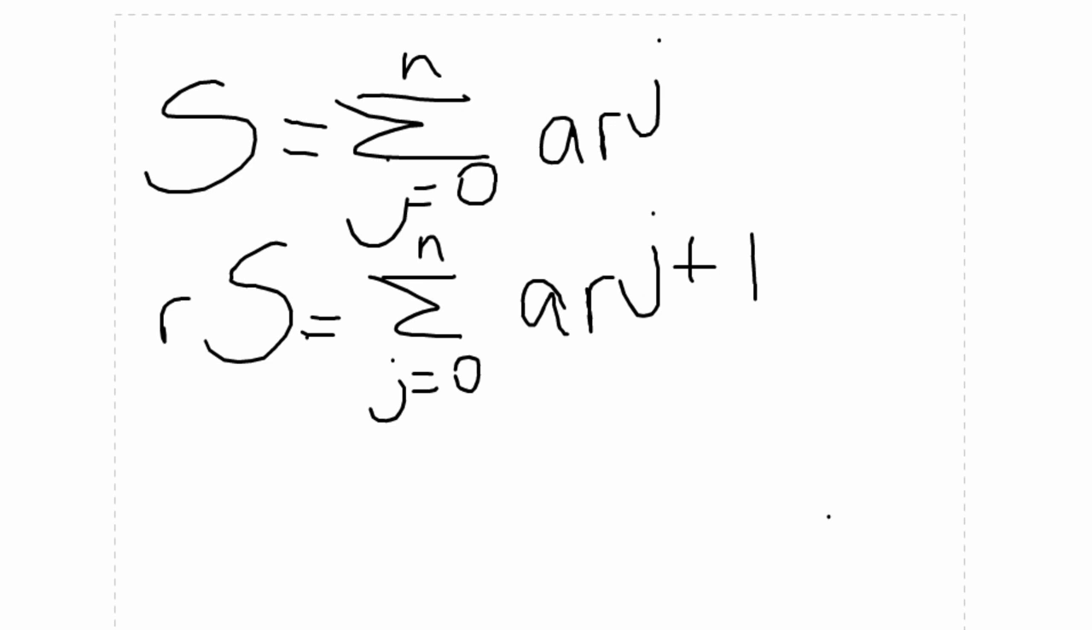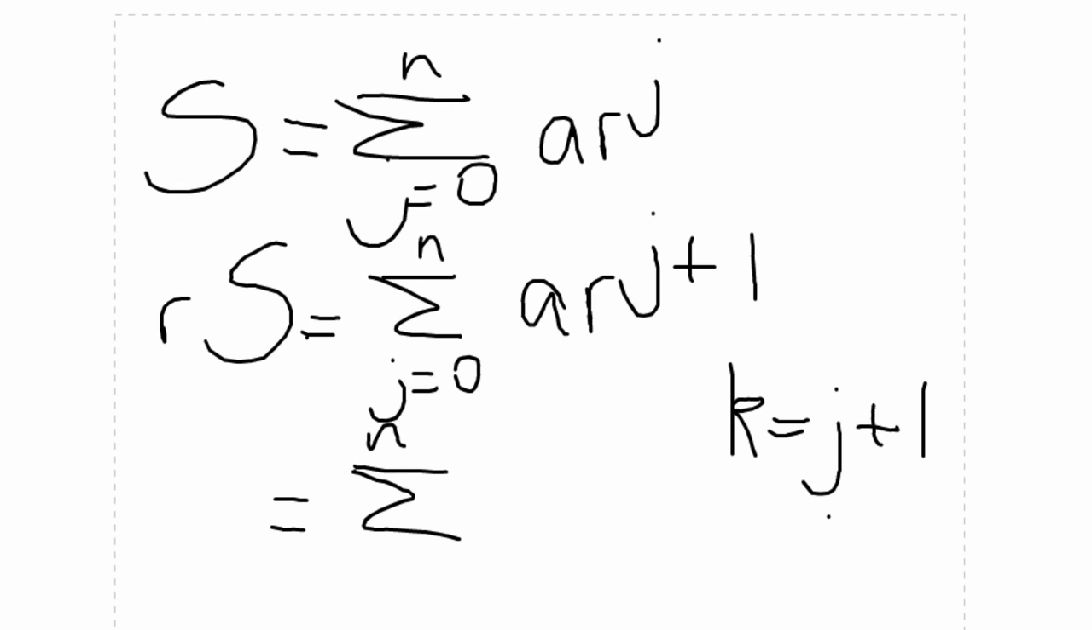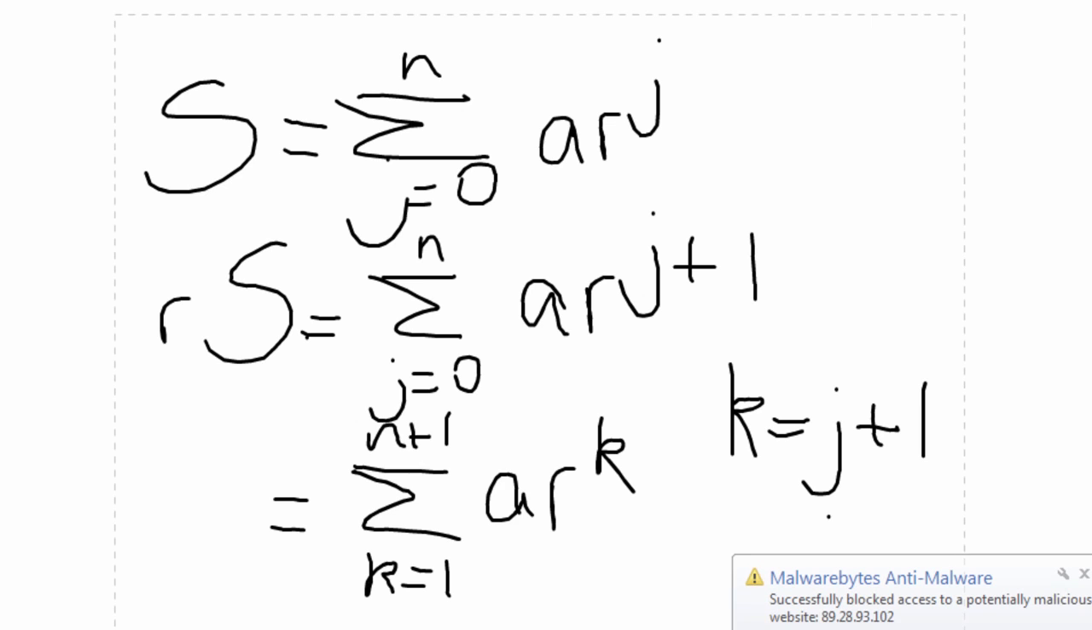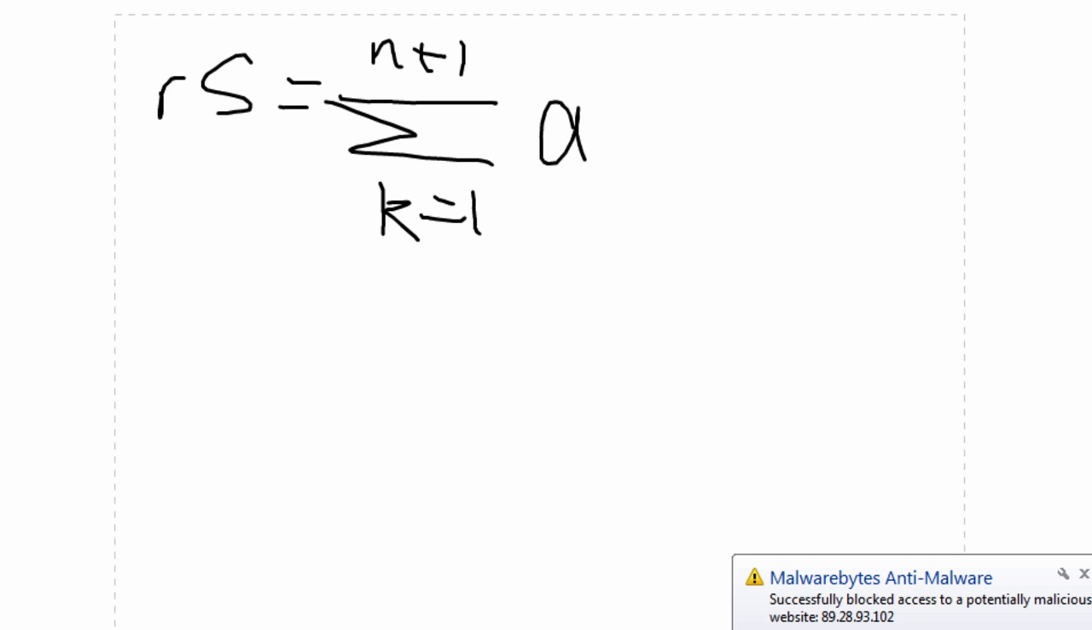And this is not really a standard form, so what we do is we set another variable k equal to j plus 1, and this entire thing is now equal to the sum from k equals 1 to n plus 1 of a times r to the k. So what we have right now is this, and this can be rewritten as, if you expand it, you get this plus